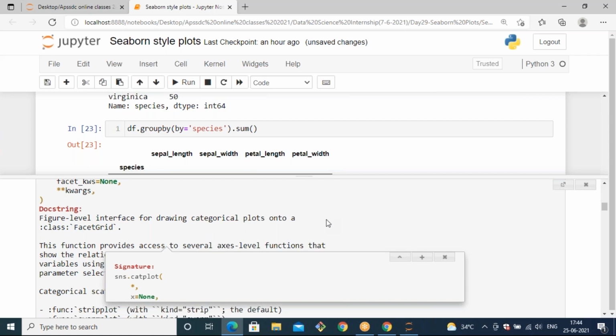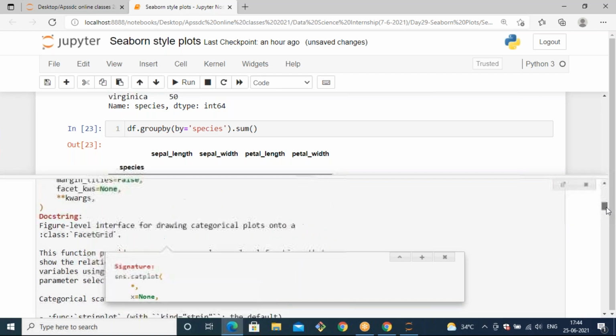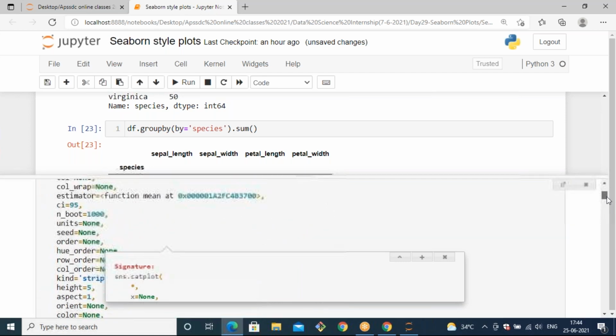Okay, you might know how to generate a class. So whenever you use this catplot or any kind of plots, in the backend there is an inbuilt class to generate the plots, that is FacetGrid. So we don't need to focus on that class, we can just focus on the fact that it will generate some kind of categorical plots, and it will take some kind of attributes like data. So you can see the parameters once.